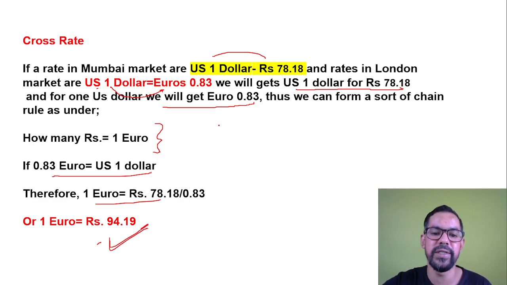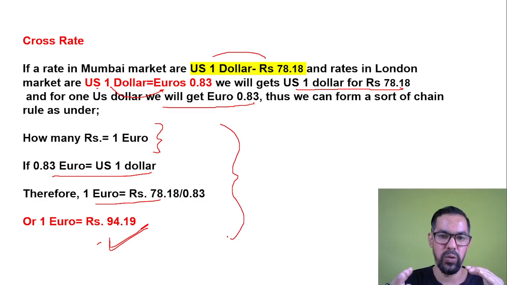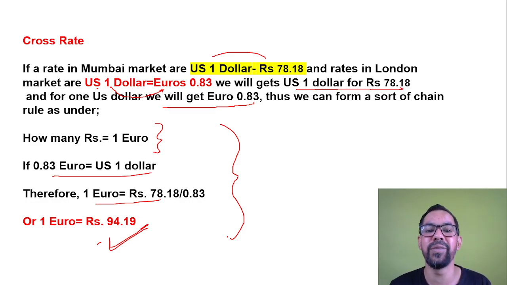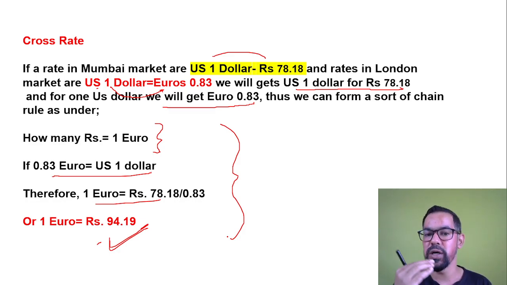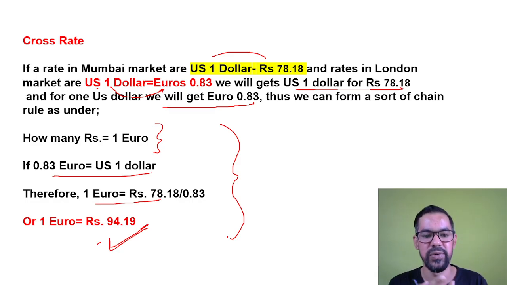Now this is a very simple calculation, guys. You just need to understand the cross rate rule. Here we do not have a direct amount: for 1 US dollar you need to pay this much, for 1 euro you need to pay this much, but for one yuan or renminbi, we do not have that quotation. So in that case, you adopt the cross rate. First you convert INR into dollar, or you can go vice versa as well. If you need yuan, first you convert INR into dollar, then into your next currency, which is yuan.